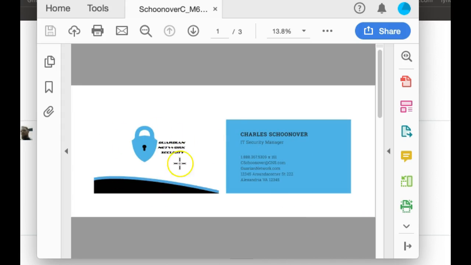Okay, business card. So this looks great. This looks great too. My only recommendation here is to group information. So you have Charles Schoonover, IT security manager. That's one group, grouped together. So IT manager should be close to Charles Schoonover. Then a little space, and then address and telephone number, since those belong together, right? Then another little space, and then have your